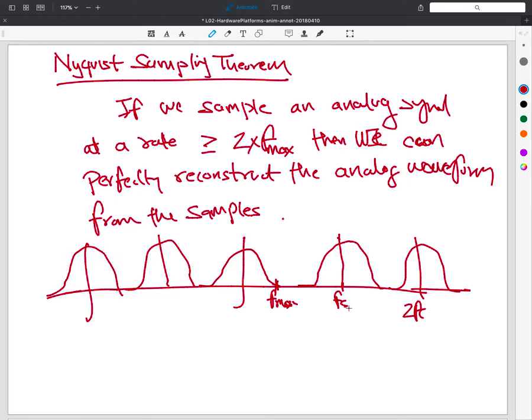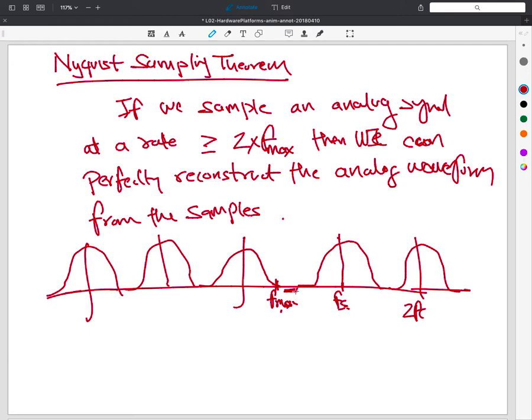Very important is that fs is more than 2 f max, so there is no overlap out here. If this is not true, then these spectra bump into each other. They overlap, and then you cannot recover. So before you sample and before you decide the sampling frequency, it's very important to ensure